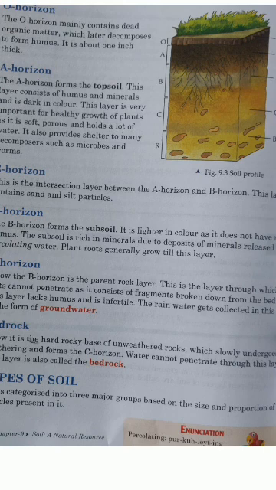Now getting into the depth of each horizon, the first layer we see is the O horizon. It is not present in all places, and it is rich in humus, right? Next is the A horizon, also known as the topsoil. It is the horizon richest in the percentage of humus, ultimately making a soil fertile or non-fertile.